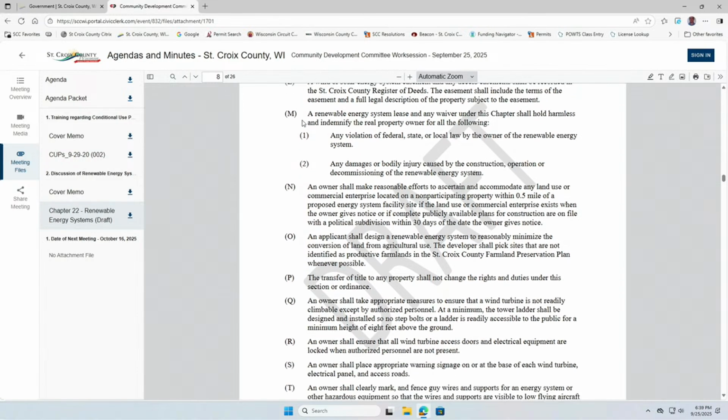Now, sub M. Since we've been working on that other joint development agreement, this here has hold harmless and indemnify the actual property owner, and I would like to work with Heather on seeing if we need to have another provision about the county in there. I'm not sure it'll be exactly M, maybe we'll just have a separate provision for that. I would echo that. It's one of the things I caught when I was reading through it today.